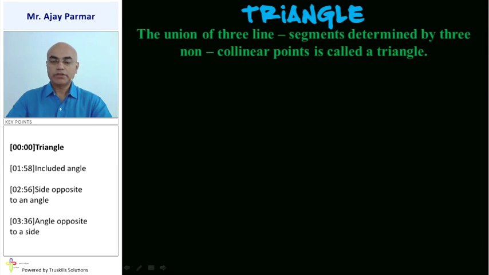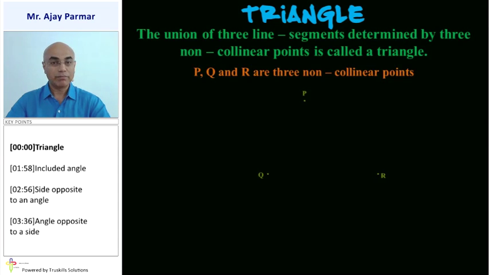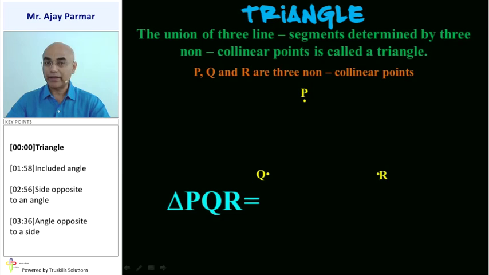Triangle. It's a union of three line segments determined by three non-collinear points. And you know that three non-collinear points determine a unique plane. That means a triangle is a planar figure. Supposing P, Q and R are three non-collinear points, then triangle PQR can be represented in set notation like it